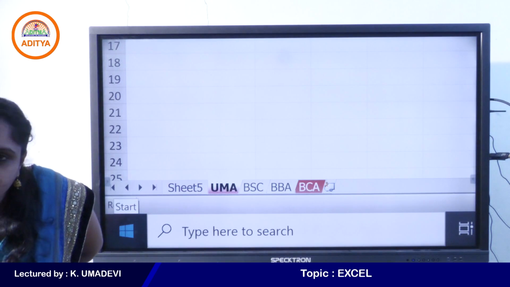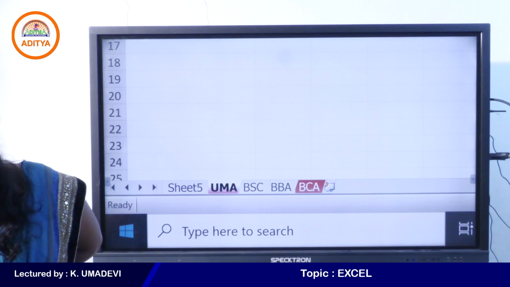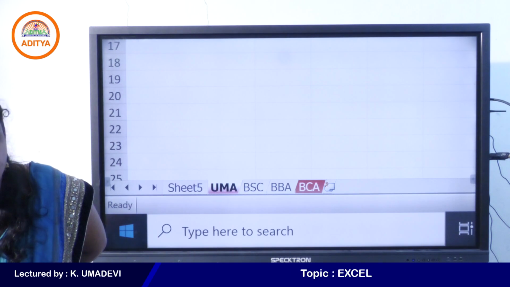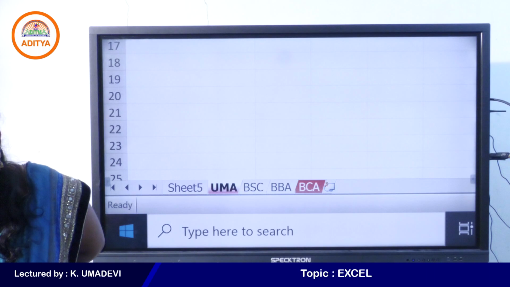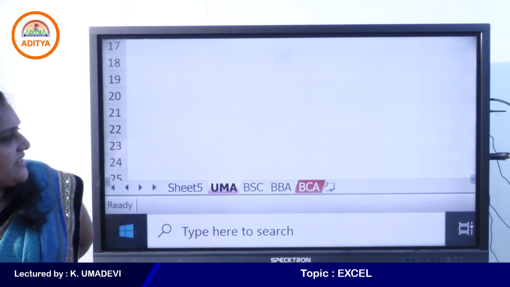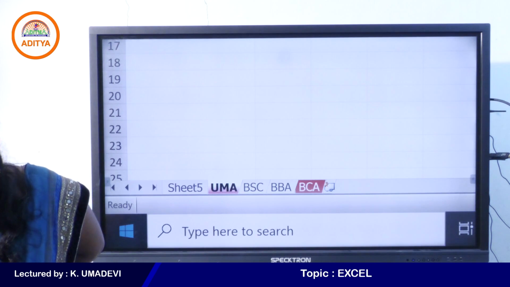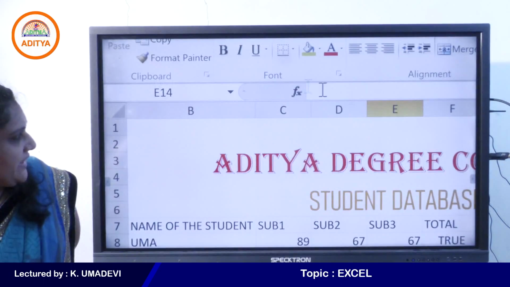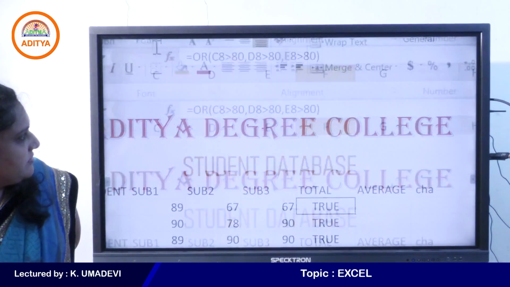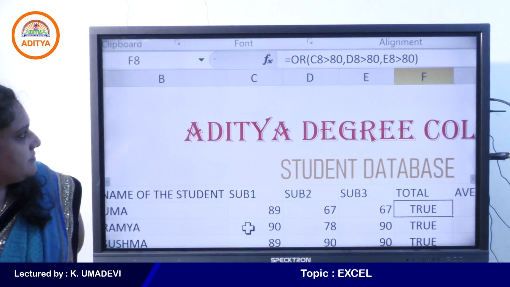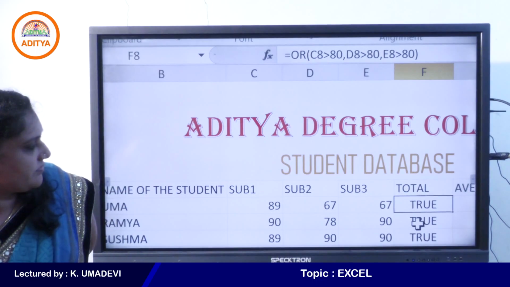See, OR function is used to test multiple conditions and AND function is also used to test multiple conditions. But previously the result is false, right? But now the result is true. Come on, students. Can you tell me the difference between AND and OR?